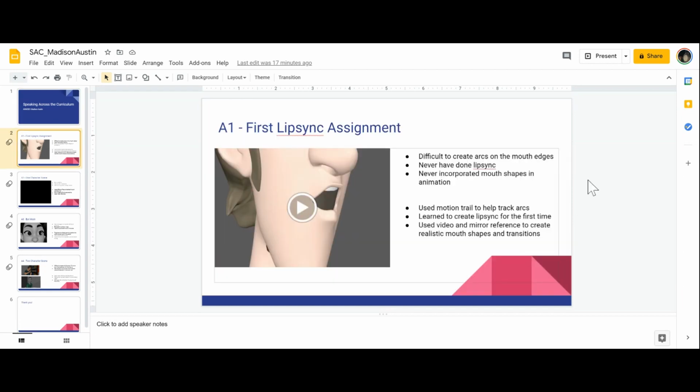The first one I obviously had the most difficulty trying to create arcs on the mouth edges. In fact, I've never done lip sync before, and I never incorporated mouth shapes in animation either. So to fix these problems, I of course used video reference and mirror reference to create realistic mouth shapes and transitions. I learned to create lip sync for the first time, and I used motion control to help create the